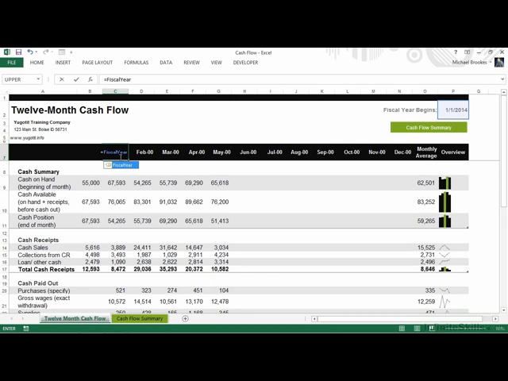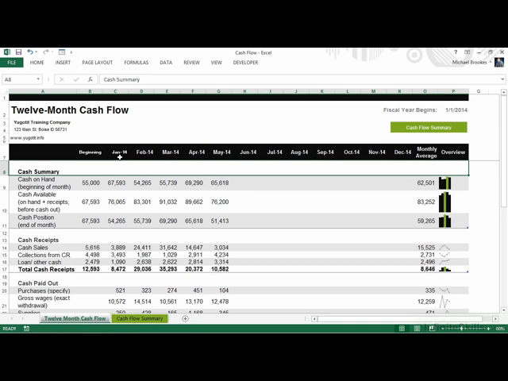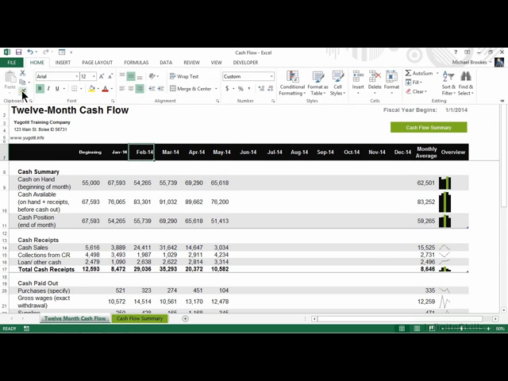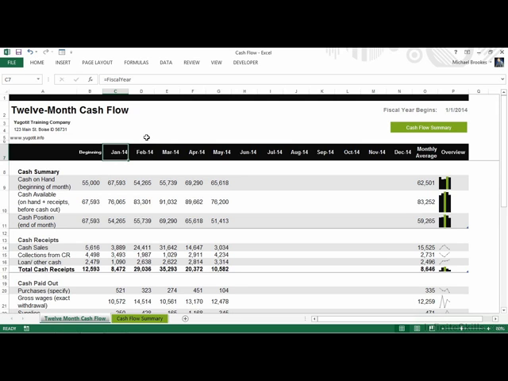Equals fiscal year, no spaces, and when we press Enter, magically, we just updated 12 other cell values based on the value that we entered in C7 using a name that refers back to cell P2. I'm noticing that the font is a little bit different in C7, so we're just going to go ahead and move to one of the cells that is formatted, go to the Home tab, and in the very first group for the clipboard, click the Format Painter, and then click back on cell C7 so that it updates and is